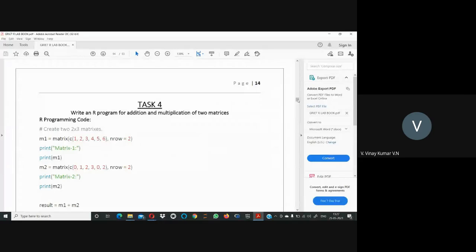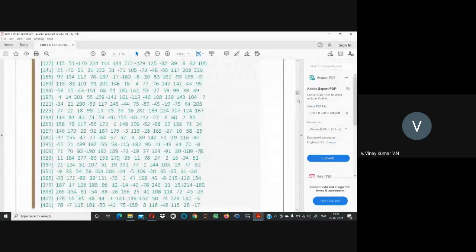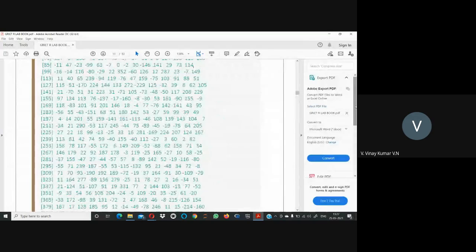So it is very simple, like addition of two elements, a plus b. The same way, matrix a plus matrix b, if they match, then we are going to get the addition of those two matrices. That is very simple in R when compared with C language. So just recall what we did in the earlier classes. There we defined how to define a list, how to define a vector; these are the things we did.